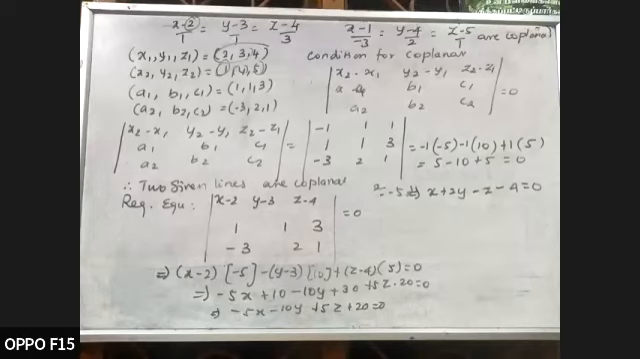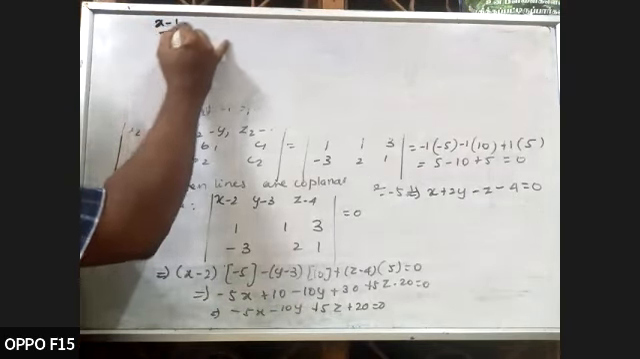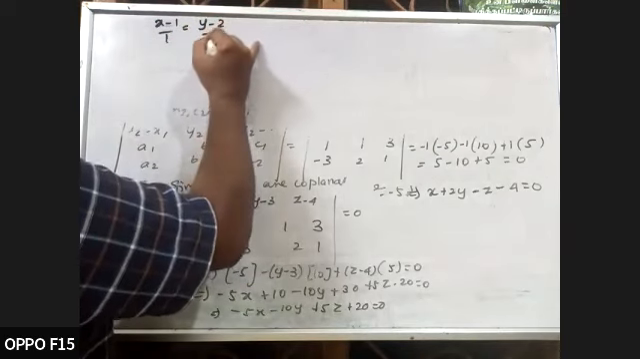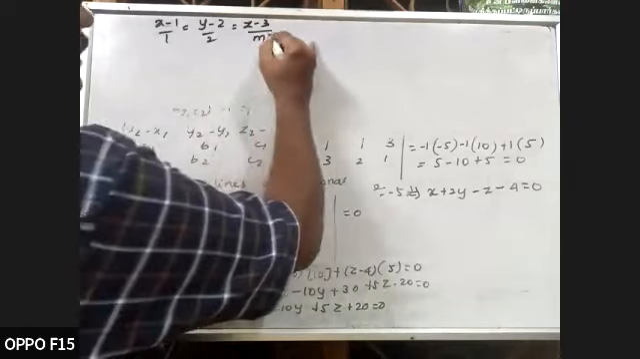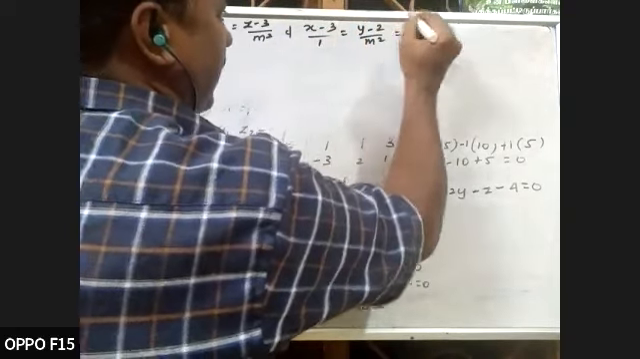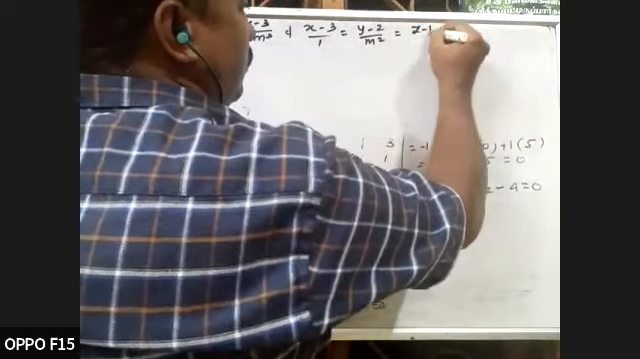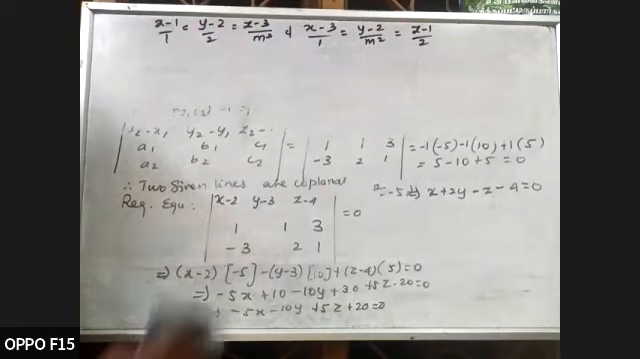Okay, next problem. The next one. If the straight lines x minus 1 by 1 is equal to y minus 2 by 2, which is equal to z minus 3 by m squared, and x minus 3 by 1 equals y minus 2 by m squared, which is equal to z minus 1 by 2, are coplanar,